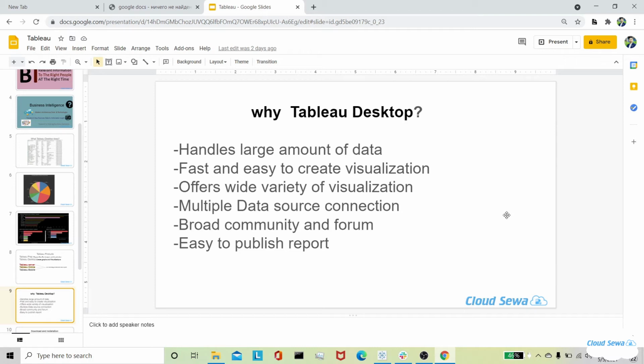Tableau supports connection to multiple data sources such as local text files, Excel files and other file types, and servers like MySQL Server, Tableau Server, Microsoft SQL Server and many more. Similarly, there are a large number of Tableau professionals and experts in the Tableau community who share their knowledge and experience on this common platform, so newbies can learn a lot from it. And the last one is easy publishing of reports. Dashboards and reports created in Tableau Desktop can be easily shared and published with the help of the three products which we have discussed above.